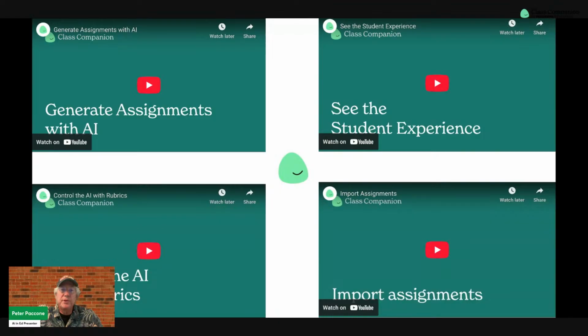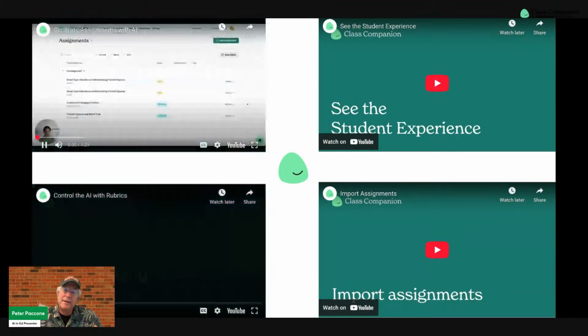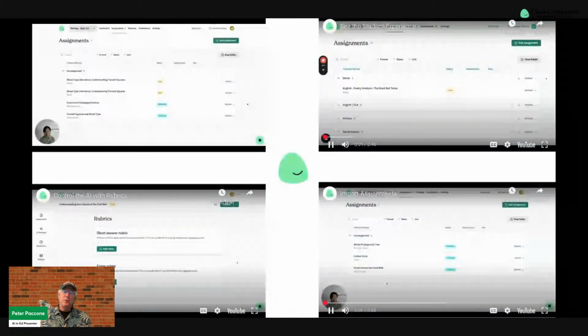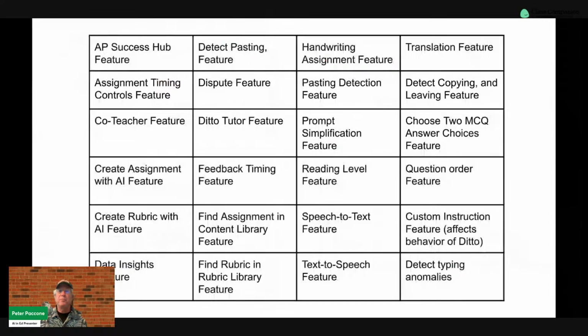Now I'm going to move through this one, and as I do, it's going to make a little bit of noise usually. And I want to show you this slide here. One really nice thing about Class Companion is that ever since it launched, it has worked really, really hard to continue to improve. And that means it has spent a lot of time listening to teachers, and still does. What would you like to see? What do you need? And so here you have some of the top features that you can find on the